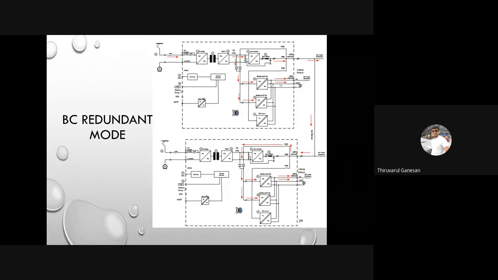It is charging my battery in the 1 and 2 car. For the 3rd and 4th car, which failed and is isolated due to the fault condition, you can see it is charged through my changeover contactor here, and it will be converted into DC, and it is charging through my battery charging system. This is the redundant mode operation if one of the chargers got isolated or failed. It's a specific requirement from the customer. Any question in this?